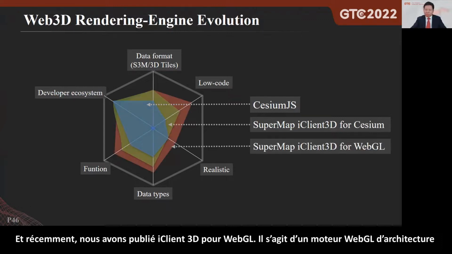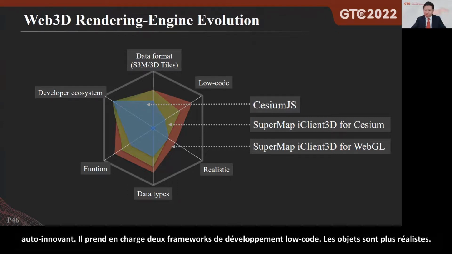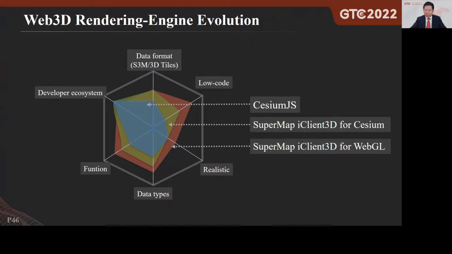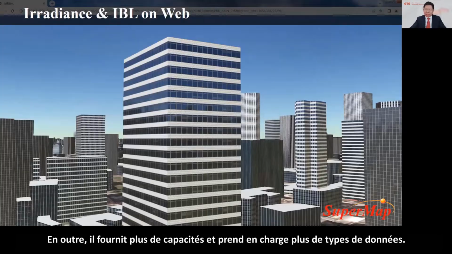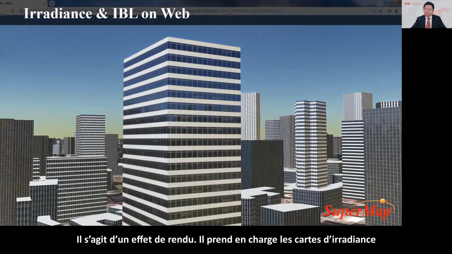And recently, we released iClient3D for WebGL. It is a self-innovated architecture WebGL engine. It supports two low-code development frameworks and more realistic rendering. Besides, it provides more abilities and supports more data types. This is a rendering effect on the website. It supports